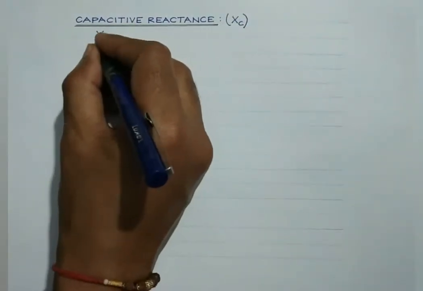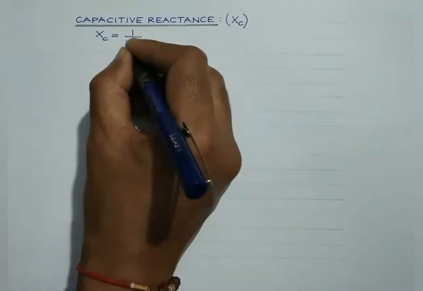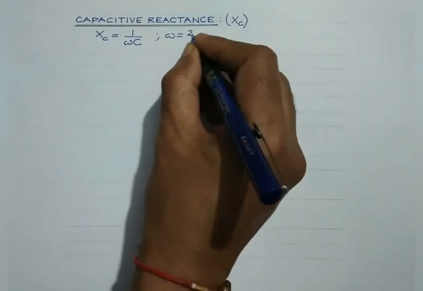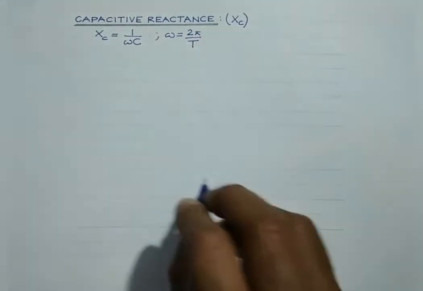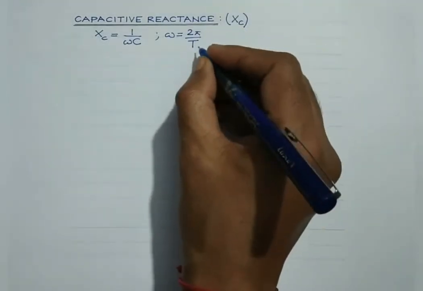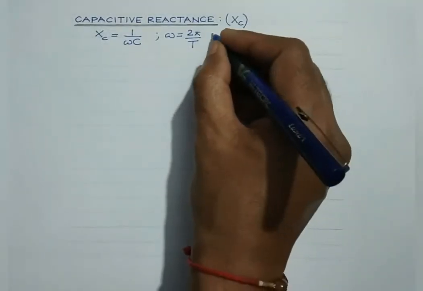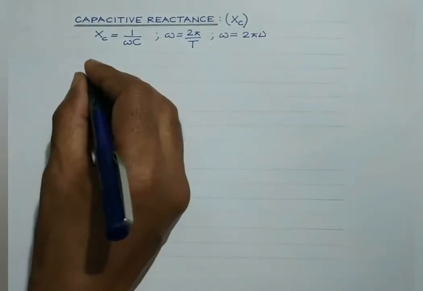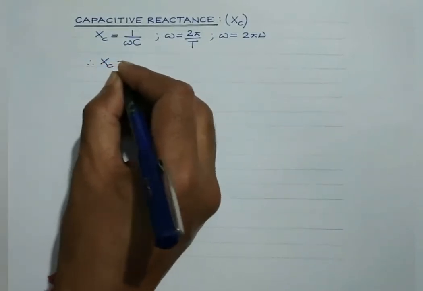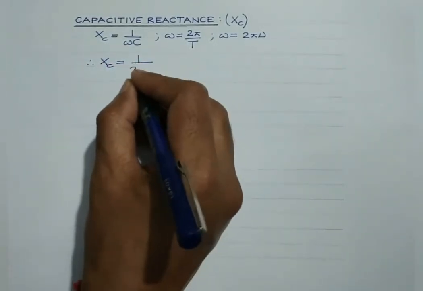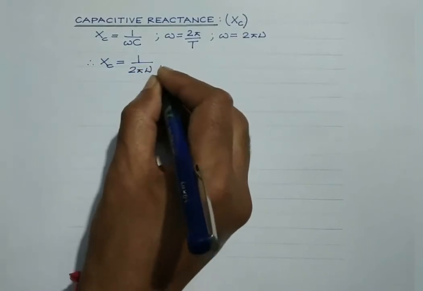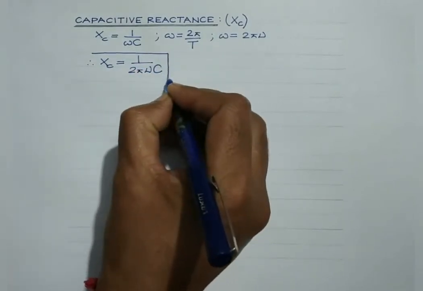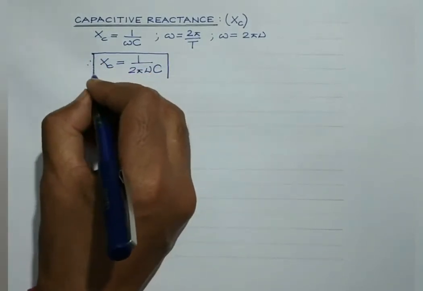And we have discussed Xc is equal to 1 by omega C, right? As we are aware, omega, which is the angular frequency, is 2 pi by capital T. Capital T is the time period, and the reciprocal of the time period is the linear frequency. So what you get is omega is equal to 2 pi nu. Therefore, the capacitive reactance is also written as 1 by 2 pi nu C. This is nu or linear frequency. So this is the expression for the capacitive reactance.